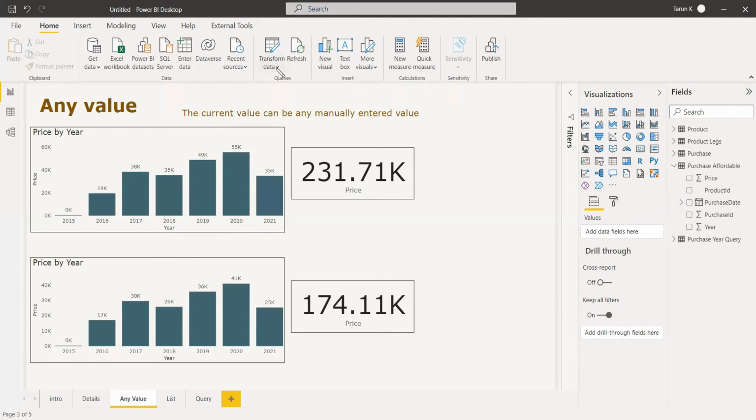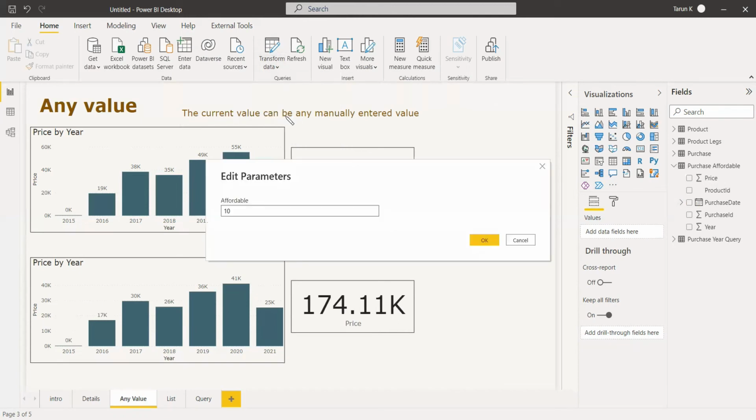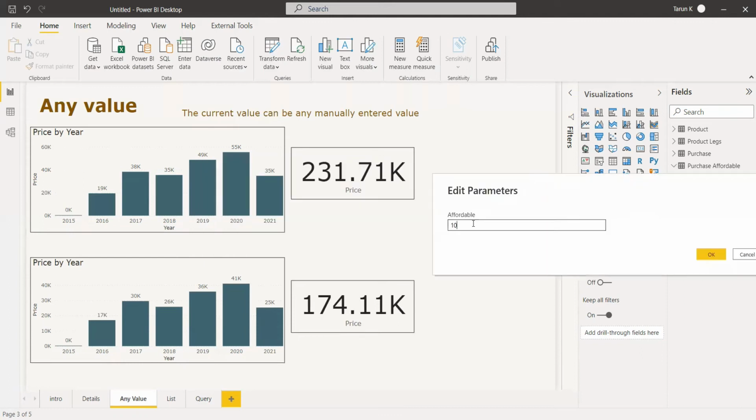We can play with it, we can just go to transform data, edit parameters, and the parameter window will come. And here we can give 5. 5 means we will get a very much lesser amount than this 174. We will try that and see.